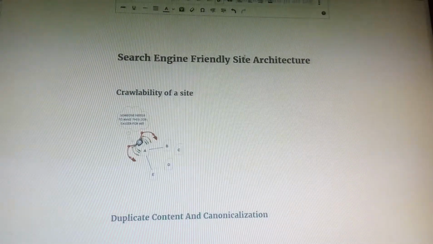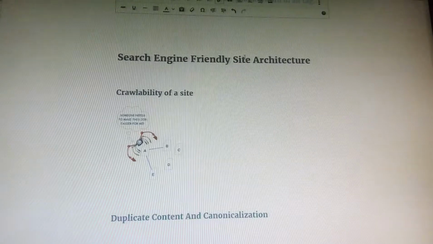There are various resources available online, like the Search Engine Land website, which deals with the latest news and updates on crawlability of a site. They have a particular section devoted to it, and if you want to go into much deeper details of site structure as far as crawlability is concerned, you can take references from many sources available online.